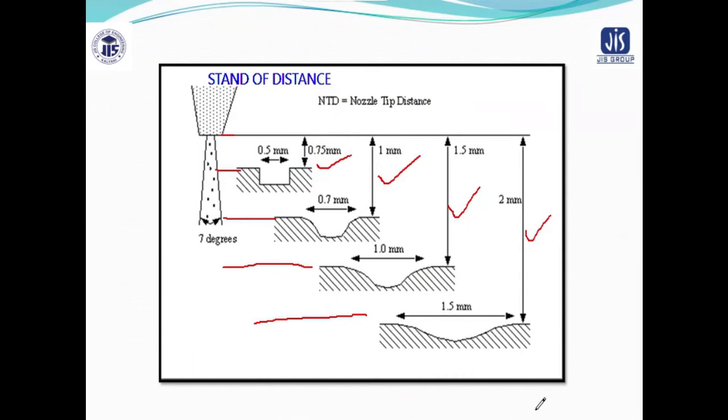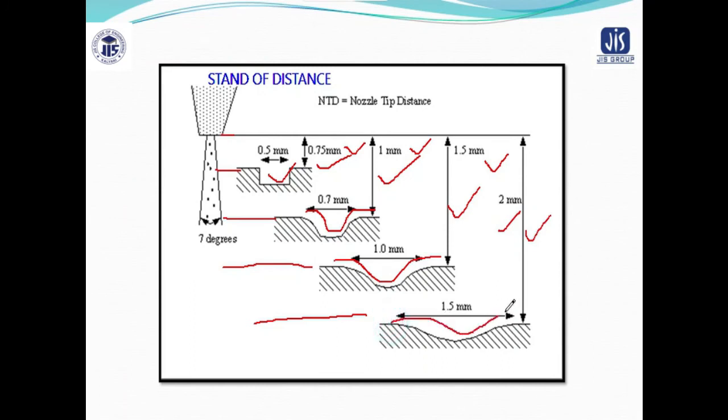Now, standoff distance has been found to have considerable effect on the work material and accuracy. A large standoff distance results in flaring of the jet, which leads to poor accuracy. So you can see when the distance is 0.275, you are obtaining a good surface quality, isn't it? Now when it goes to 1 millimeter, you can see a curve is occurring. When it is going to 1.5 millimeter, the curve is getting more, and when it is at 2 millimeter distance,